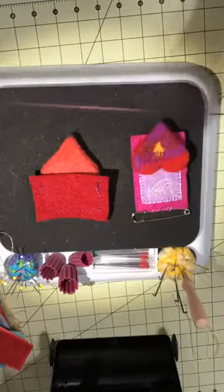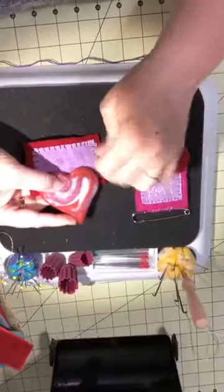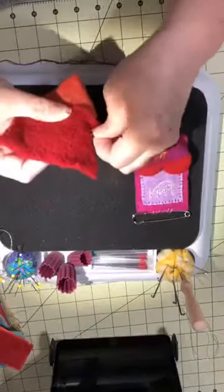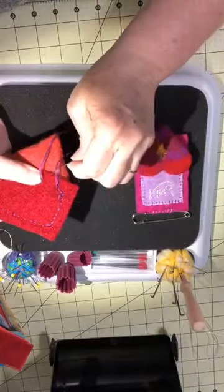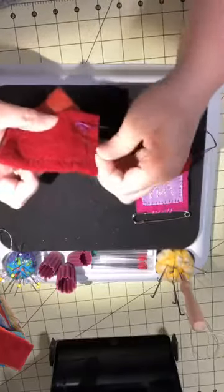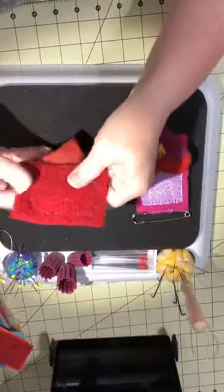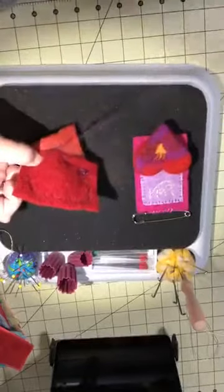So I just have to fold my knot over like this. So we know we want to catch the upper parts of the curves here, just so that they don't tilt off like that. But it doesn't have to be perfect. So I'm just going to go in pretty deep into the heart and then come back out and just pull that thread. But I'm going to stick my needle in between there so that I've sort of built in an automatic knot there. And I'm going to put in another stitch here so that we get this side nice and tight. And then I'm going to come over here and I'm going to work this side